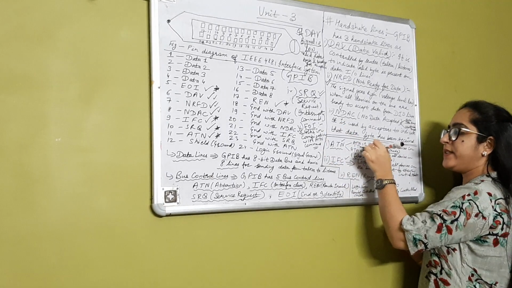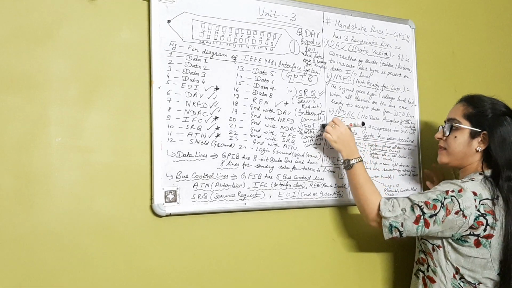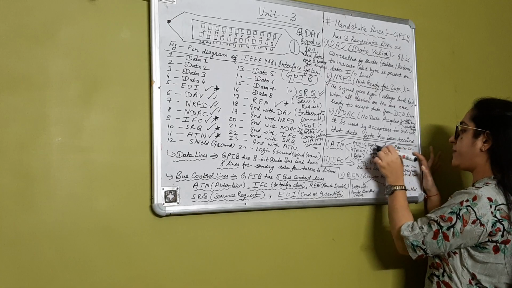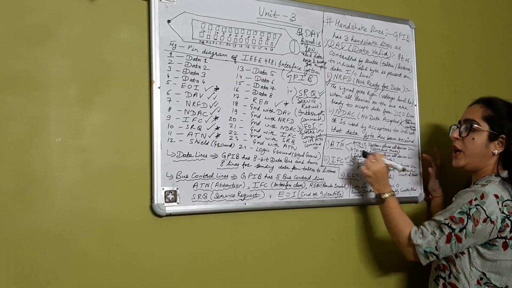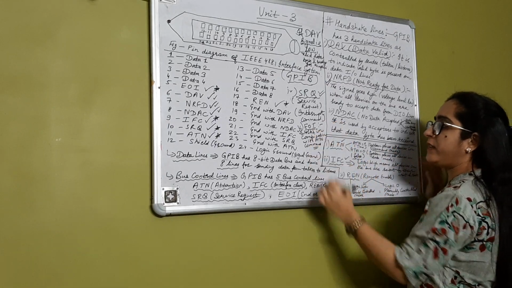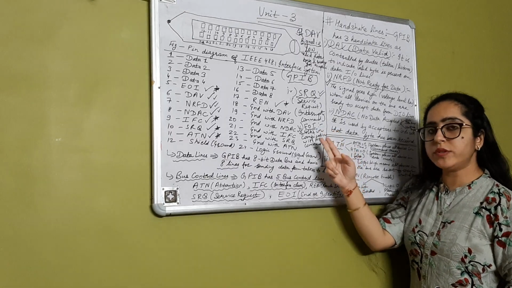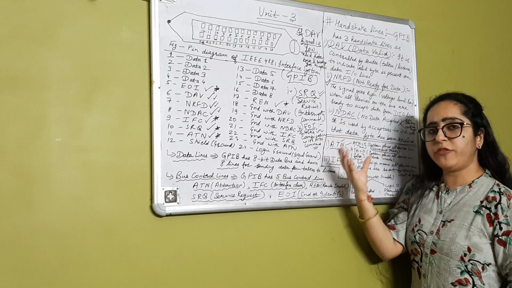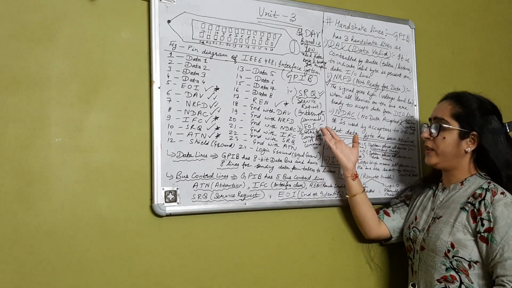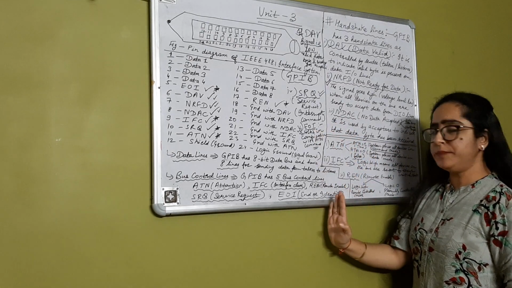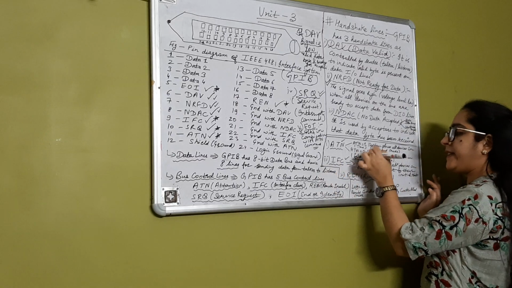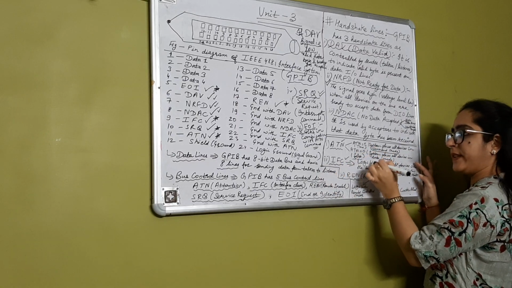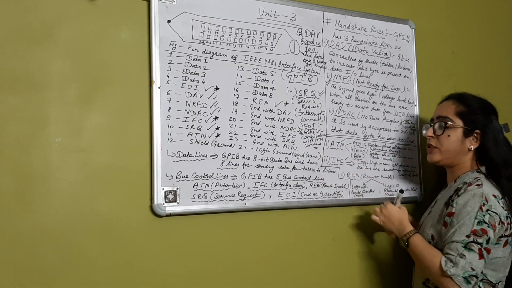So when ATN is true, in that case, the system places all the devices in command mode. So when ATN is true, then EOI will execute the polling sequences or the set of programs for the controller. Okay. When ATN is 0 or in the false condition, in that case, a talker